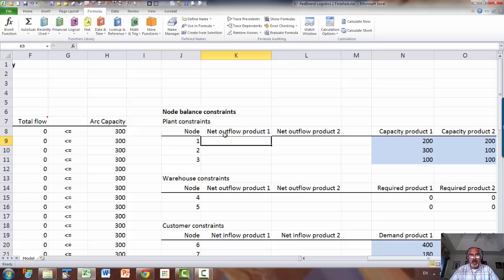Now let's set up the net flows for the different nodes. So it will be net outflow for the origin nodes, that are the source nodes 1, 2, and 3. And then net inflow for the customer nodes, that will be the last two nodes, the demand nodes. And the intermediate warehouse nodes can be either way. So I'm going to set it up as net outflow. All right, so it will be sum if, okay, the range is origin first going out,